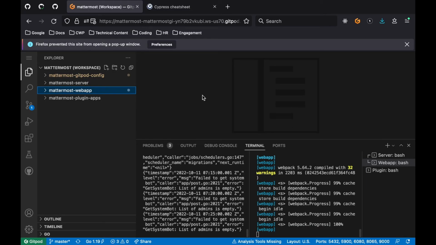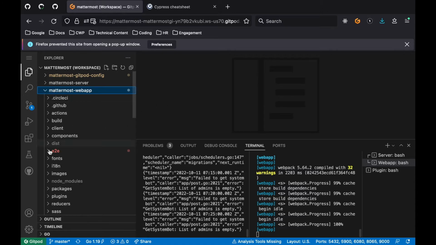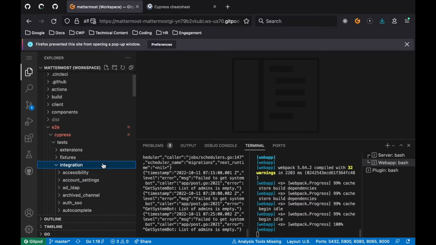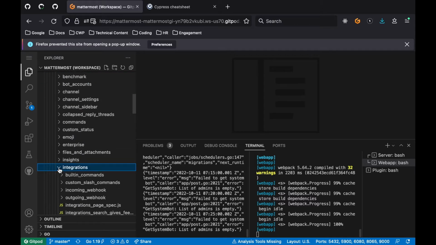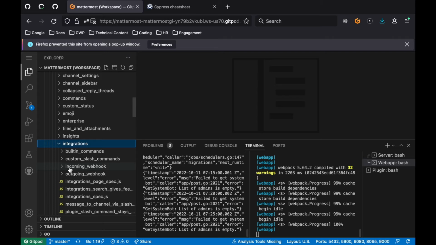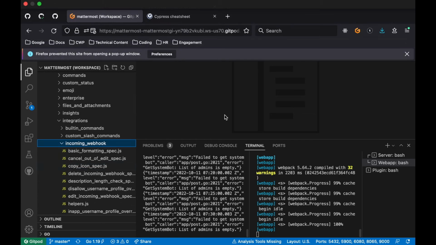First, let's navigate to the folder where the test file should be located, as specified by the test folder section of the issue. All E2E tests are located in the subfolder e2e, cypress, tests, and then integration. For our tests specifically, we need to go further into the integrations folder, and then finally into incoming_webhook. Notice that the files here end with either spec.js or